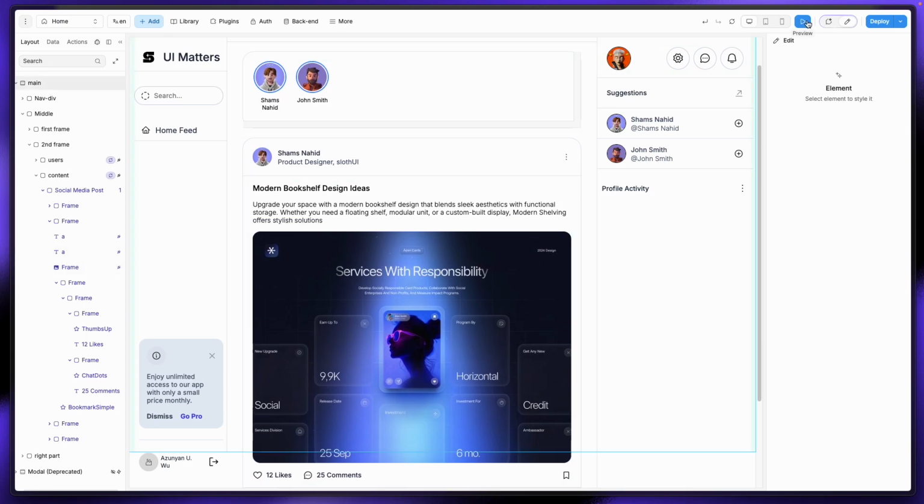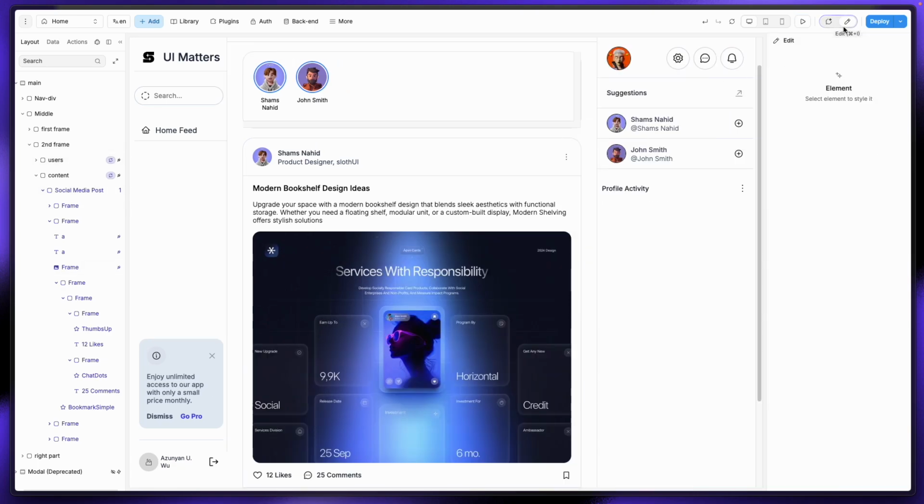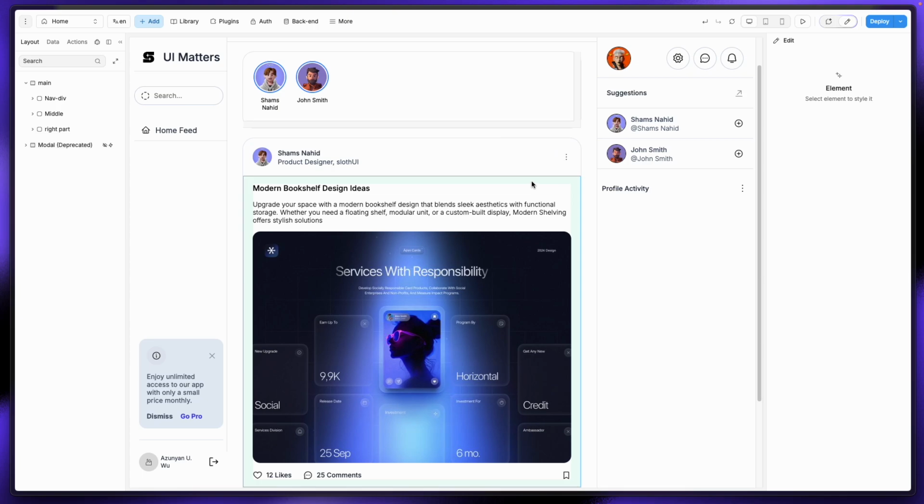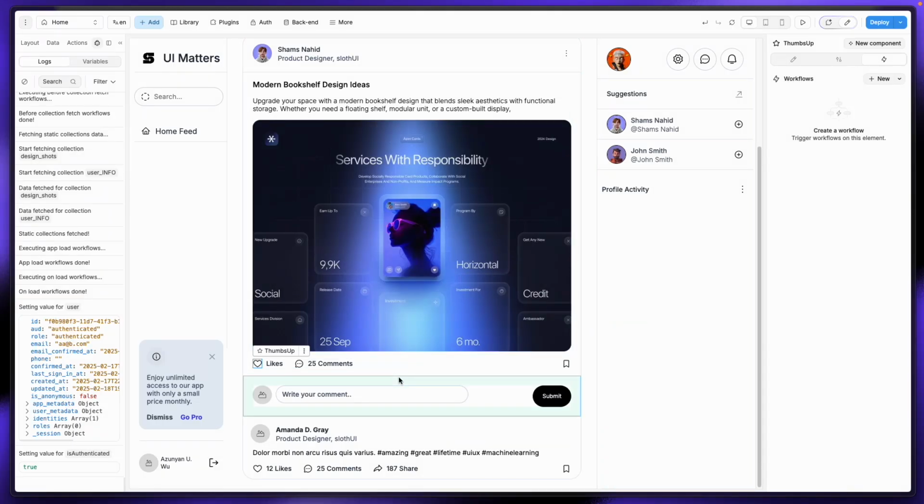If I create another collection now, you will see another one coming up. So let me create another collection now. I just need to go back and, well, let's apply the like function here. Like when the user clicks on it, the